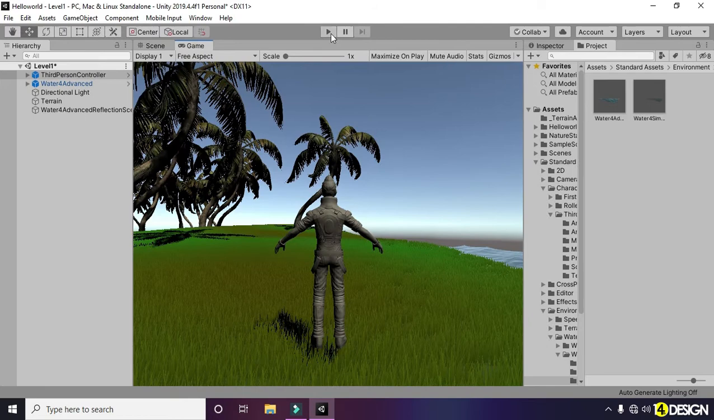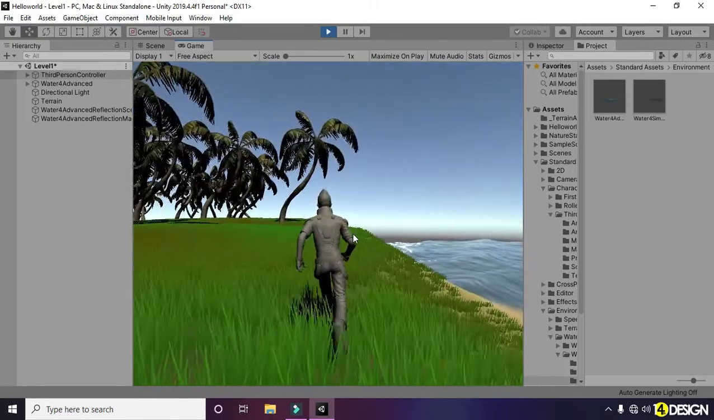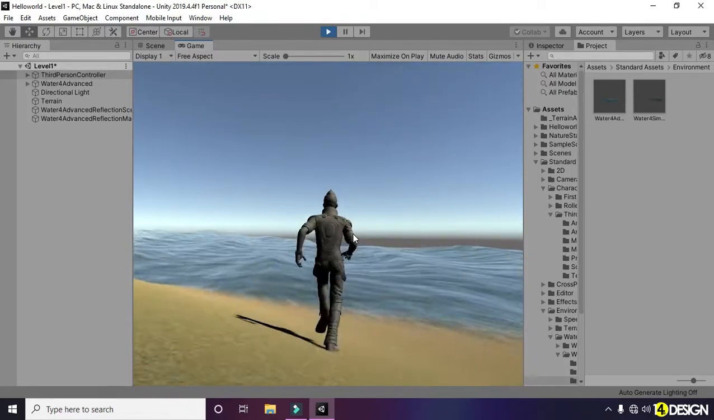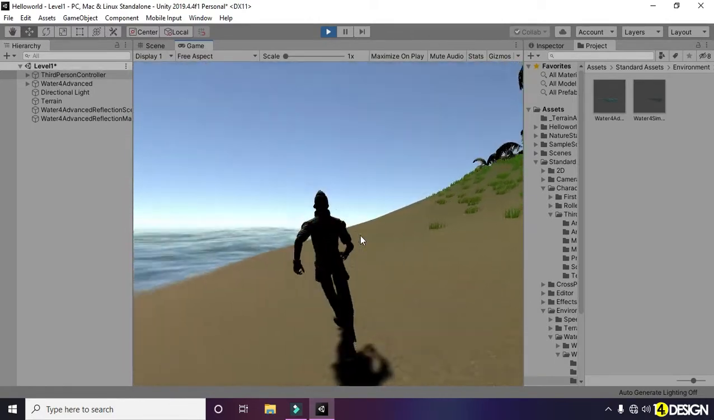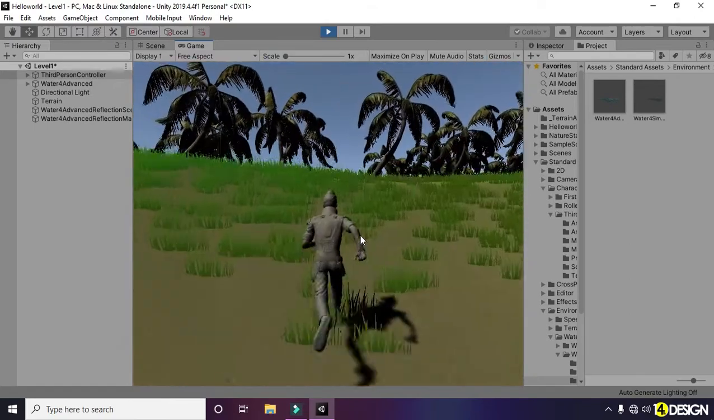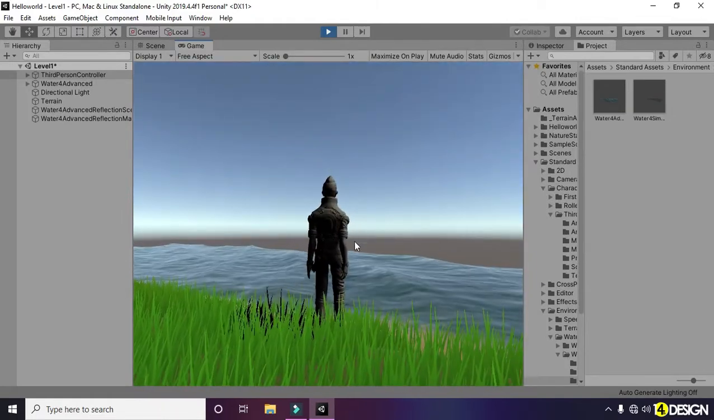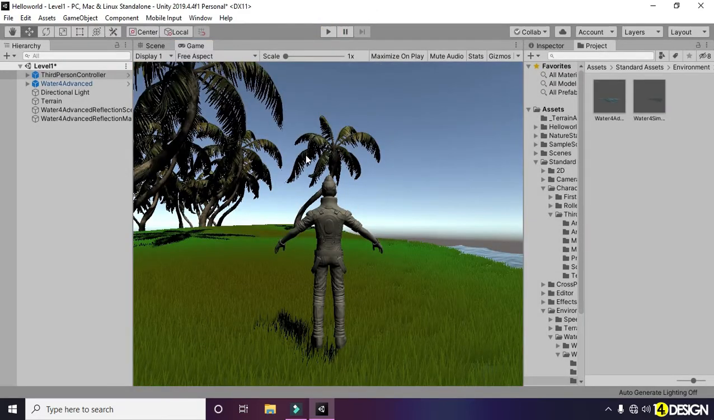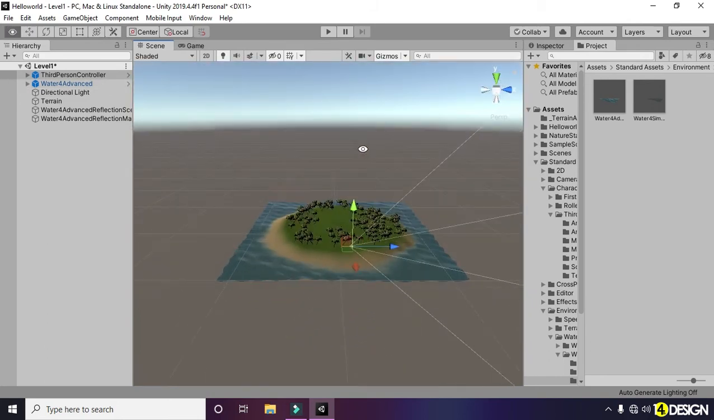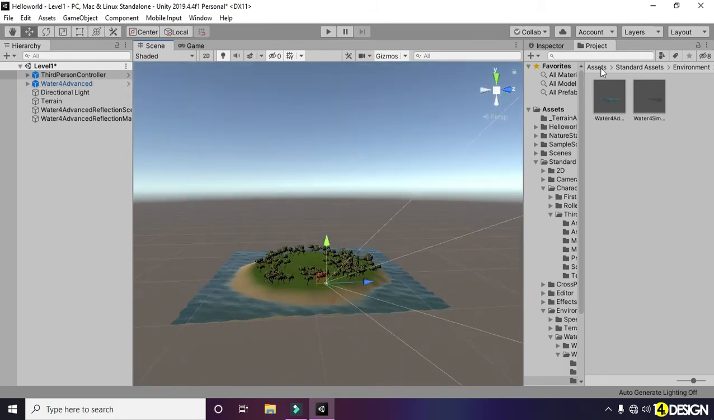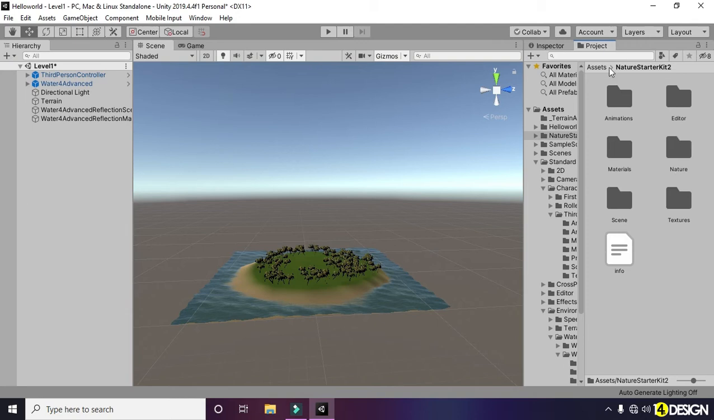Press play. Okay, so it looks nice. Now in the scene, we actually can see the edge of the world here. That's not supposed to happen. So we're going to change our skybox here. To change the sky, we have a nice sky in the nature starter kit. Go to nature starter kit, nature, sorry,